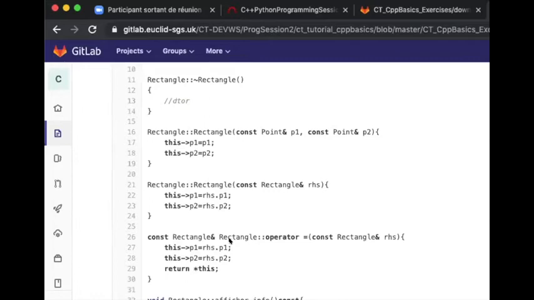Could I correct the rectangle? Is it okay or do you need time? It's okay? So,